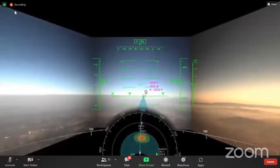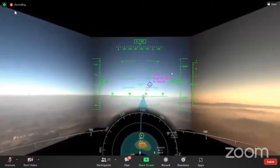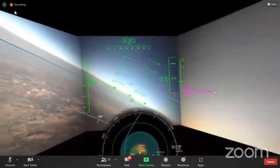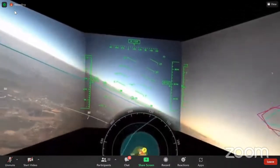Here are videos. This is our test pilot, and this shows the measurements in real time. If we get to this location, we're going to be too close. In this case, we're using one of the sensors called ADS-B. Then we're going to detect with the radar. In this case, it's going to get to the yellow. And then we also have the cameras that are tracking this aircraft. So we are using multiple sensors to validate